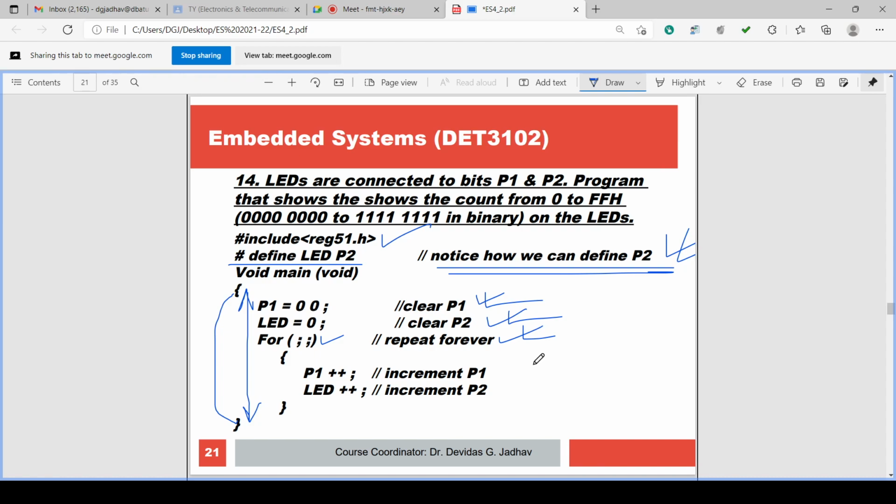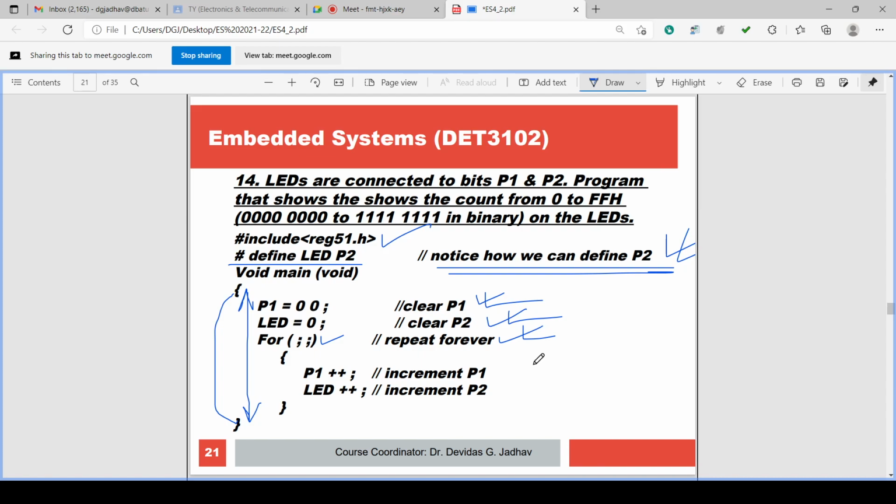Any name you can define: hash define port name P2, and we can use port name plus plus. Instead of LED you can define any name. In hardware, we have to connect the LEDs, 8 LEDs for port P1 and 8 LEDs for port P2, and check the output that actually appears.